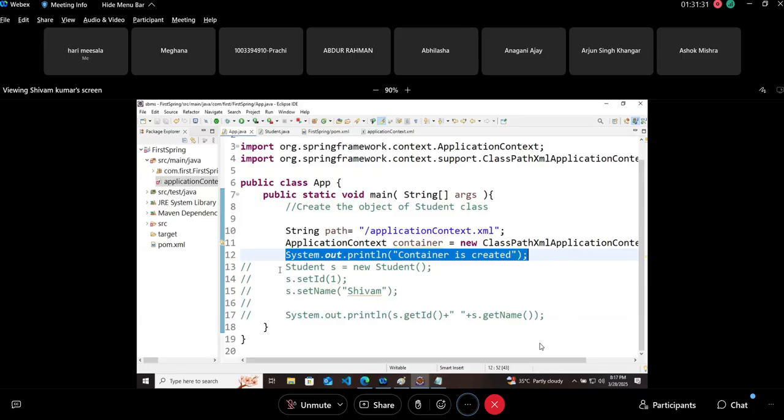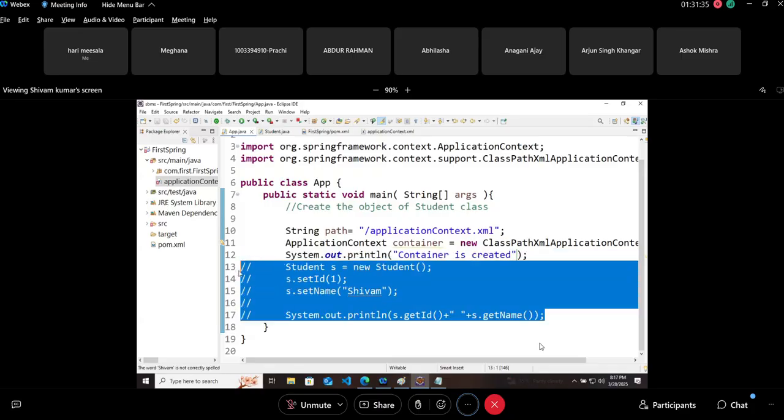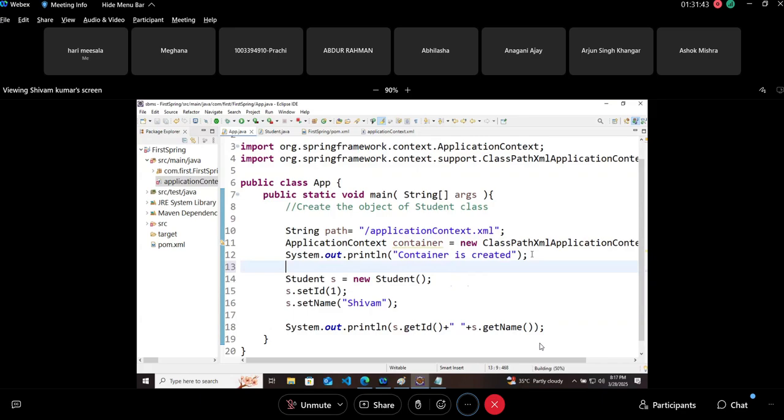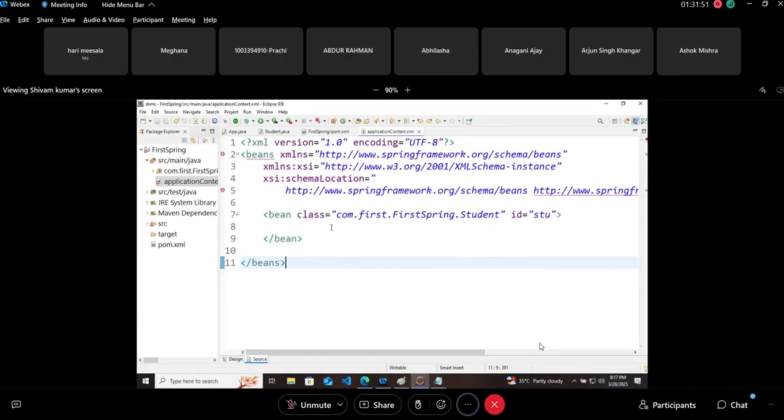Now when you are creating the object, now I will remove these two comments and that's it. When you are creating the object, now we are not dependent on this student class for creating the object. We are dependent on our own container because our container is actually having a bean.